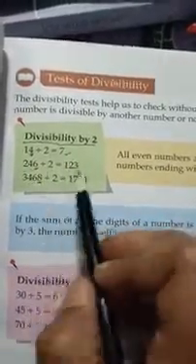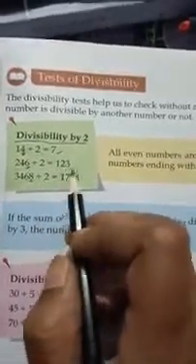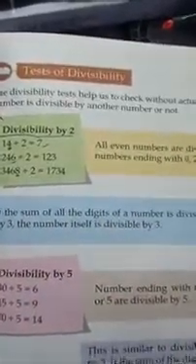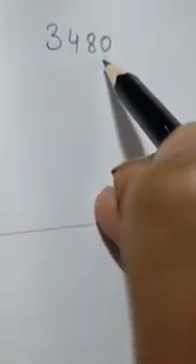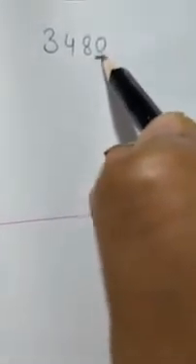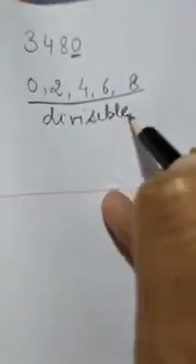Now see, with the help of this rule, we can also tell about big numbers. We will observe them and we will tell whether these are divisible by 2 or not. For example, there is one number. Yes, this number is divisible by 2. Why? Because according to the rule, it ends with 0. When a number ends with 0, 2, 4, 6, 8, then the number is divisible by 2. Yes, now it ends with 0, so this number is divisible by 2.